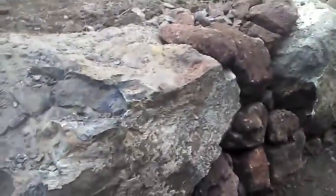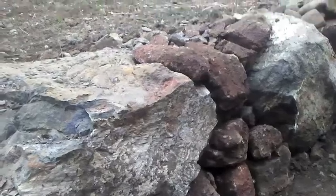Here. This is awesome. What is these? Foot. There's the foot. There's the boulders. I don't know. Anyhow,